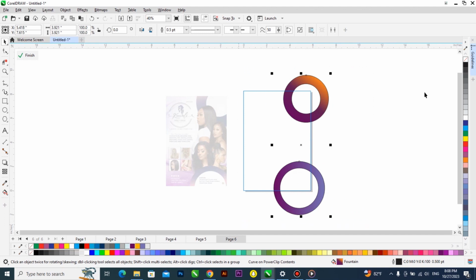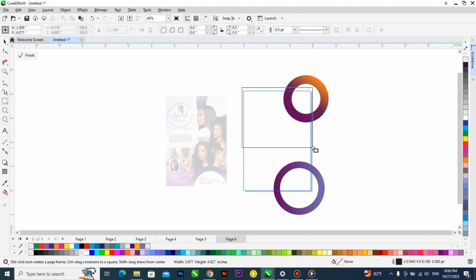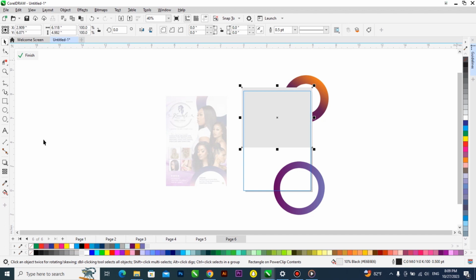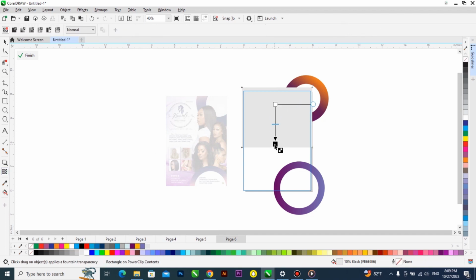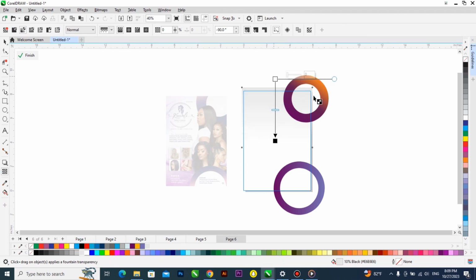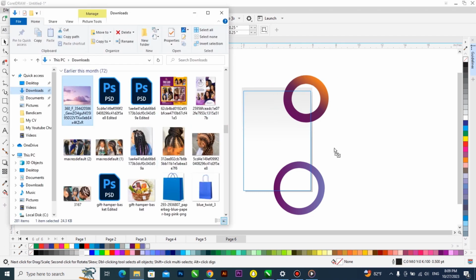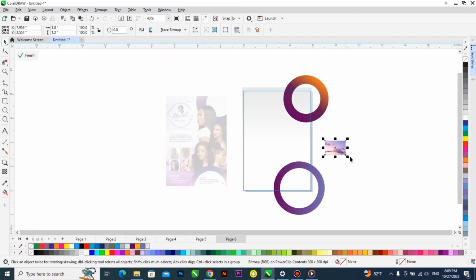so what I need to do is to remove the outline, and here I can just draw a rectangle, give it a very light color, remove the outline and make it transparent. Of course, bring it back and I'll still make it transparent. I don't want it to be that much, and I can just get a background. I can use this background, maybe just use this background,